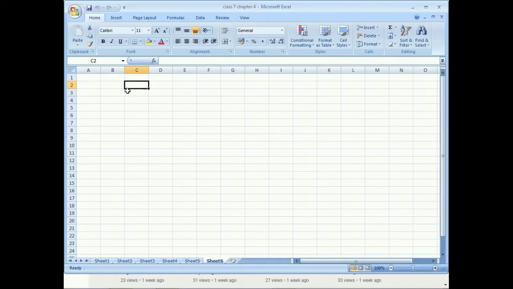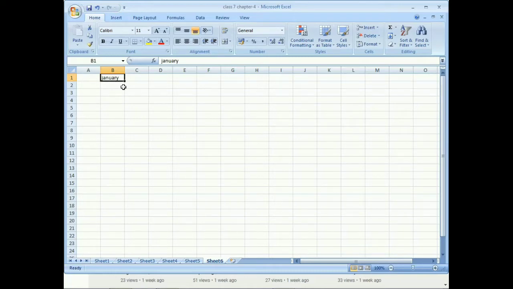Okay, suppose that we are going to do some practical work. Now see, this is an Excel sheet. You can click anywhere in the sheet or in a cell. Suppose that I'm in B1. I'll click on that cell, and after that I'll type the name of the month, that is January. I have typed January, and after that again I'll click on that cell, and now you can see